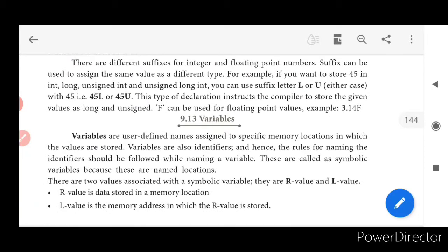So what is a variable? A variable is nothing but a user defined name, the name that we give for a data. It is going to be termed as variables. Why do we actually define a variable? Because when I define a variable, a memory space will be allocated for that variable, and in that memory space the value that we assign will be stored. That is the use of a variable.